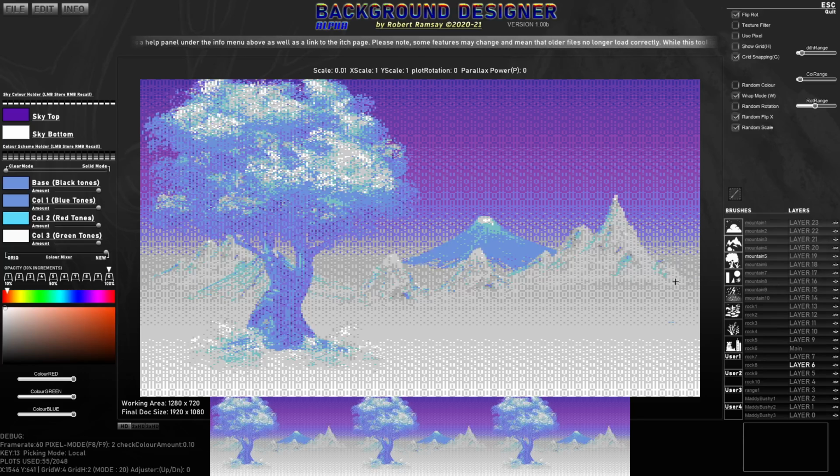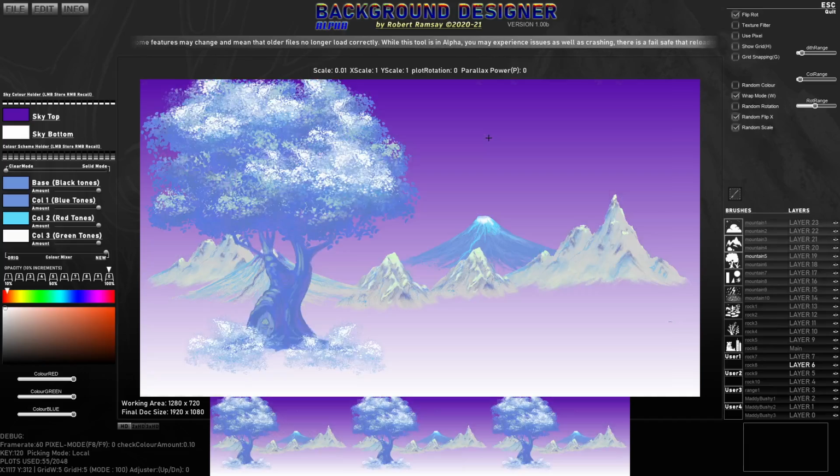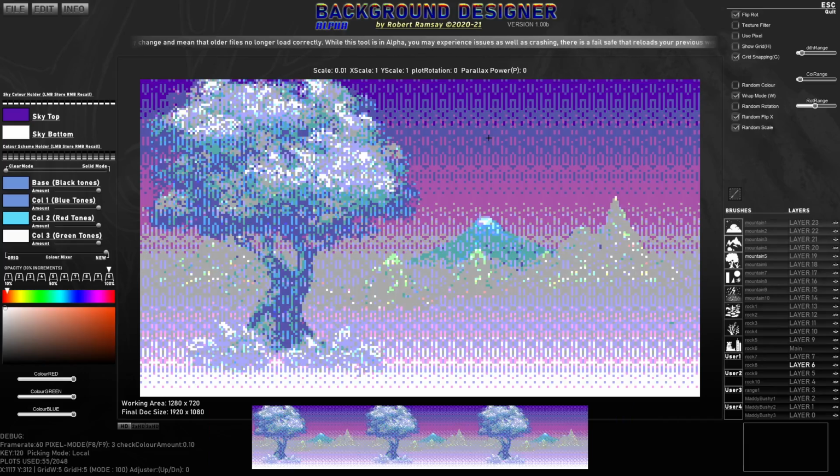So there you go. Hope you enjoy using Background Designer to put your backgrounds together and experiment with the pixel effects. So that is F8 and F9 to change these,